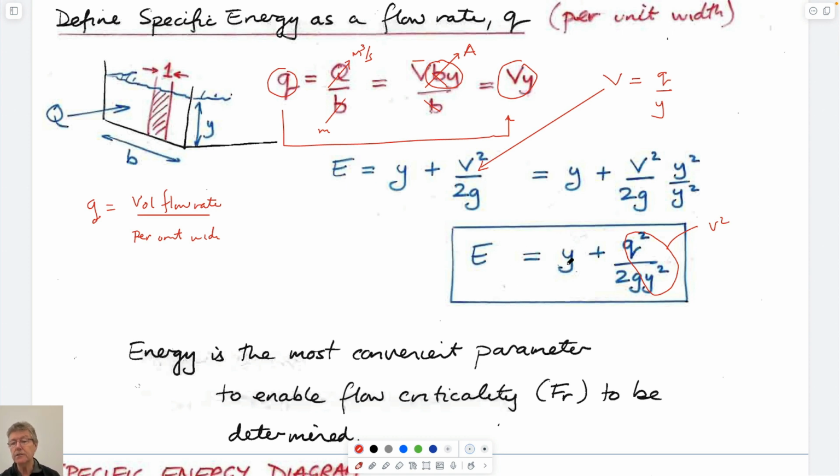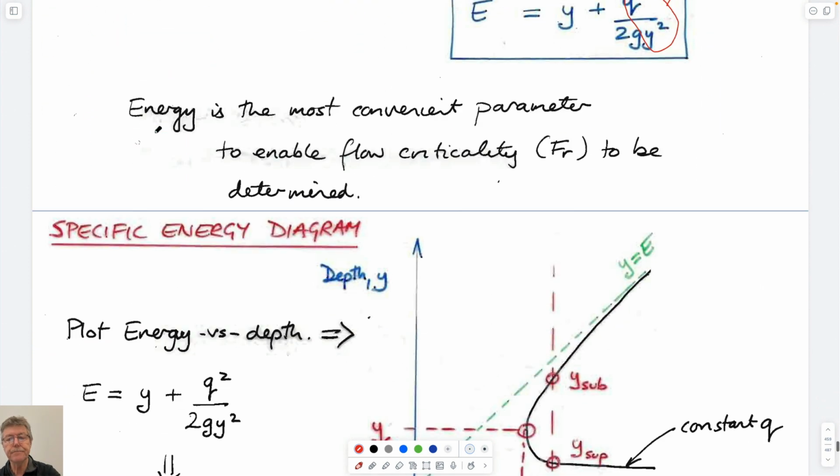And so now what we've done is we've written specific energy in terms of a volumetric flow rate per unit width, instead of a velocity that's changing between upstream and downstream, which is the same upstream as downstream by definition, even as the depth of flow changes. If the depth of flow becomes less, then Q remains constant, but the velocity increases in direct proportion to how